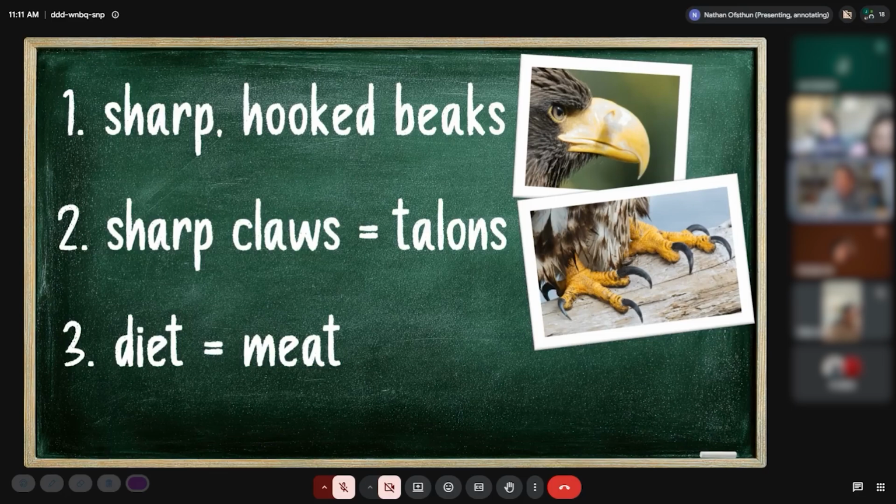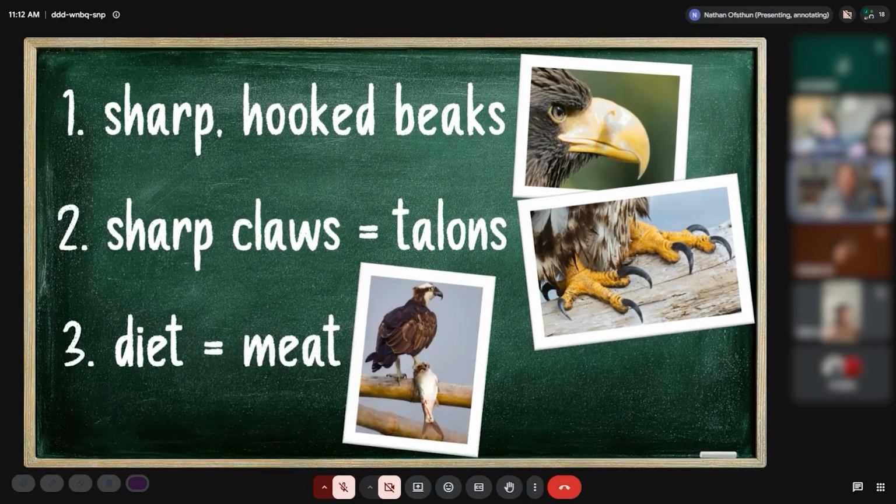And because birds, including all the birds of prey, do not have teeth, it is very important that they have their sharp hooked beak and their sharp claws, so that they can grab their food, tear their food, and squeeze their food. So their beaks and their feet are very specially equipped in order for birds of prey to be very special and defined from all the other birds.